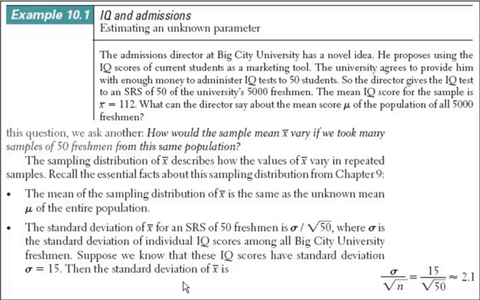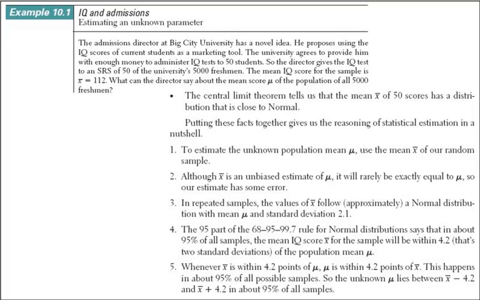So all the things that we learned in the last chapter about conditions still apply, and we can use the sample size, which is 50 right here, and the standard deviation for the population, which they just happen to know, probably because they've done this with a lot of groups, and so 15 is the normal standard deviation that they've arrived at over a lot of years. So population standard deviation, square root of the sample size, and that gives us a standard deviation for this sample. So you should take the time to look in the book or pause the podcast and read these facts.